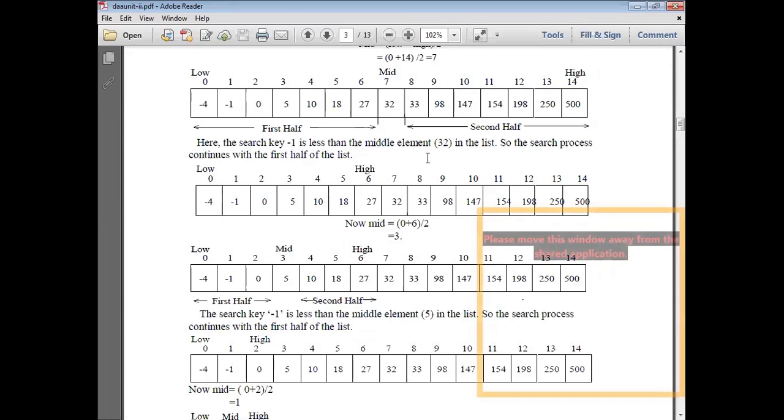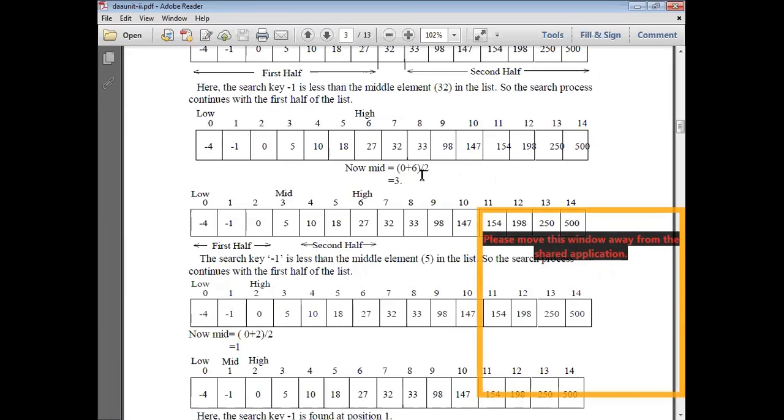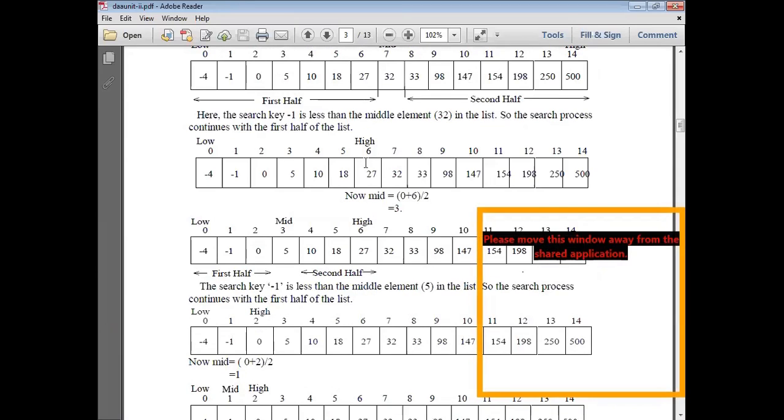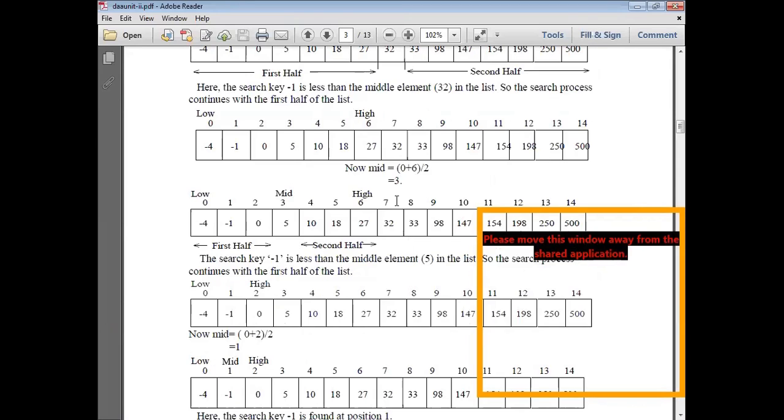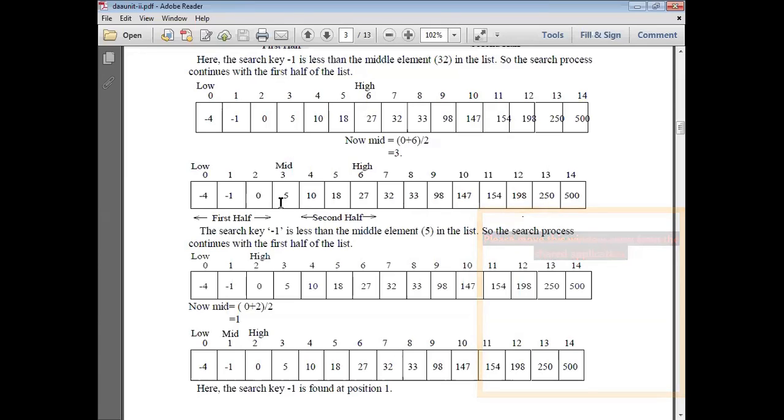Now low, high. Now check. Now mid is equal to 0 plus 6 by 2. That is 3. Okay. Now check here at 3. Its value is 5. Now again compare the value -1 with 5. -1 is less than 5.